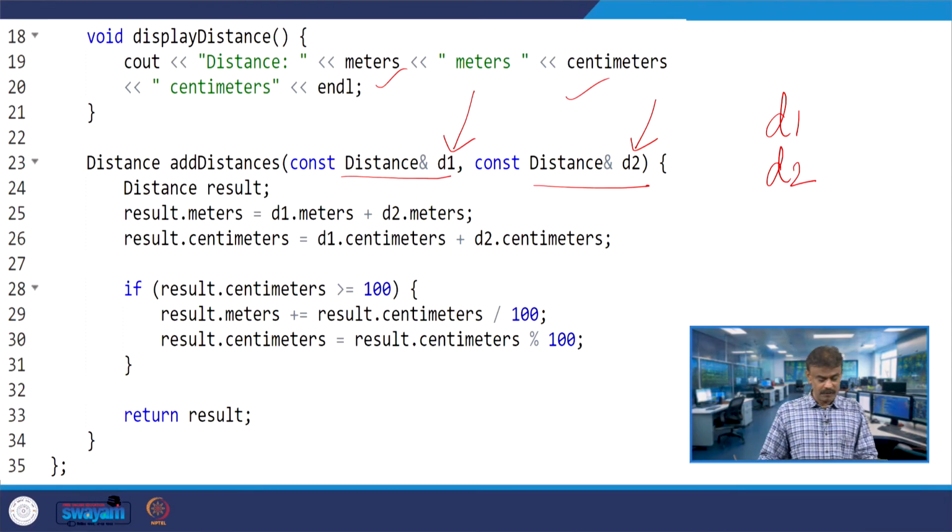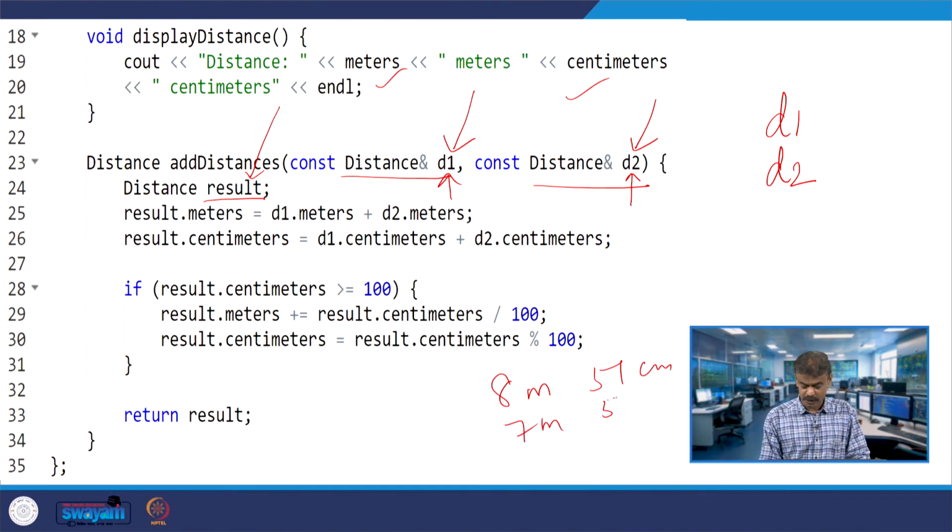Now we will add these two distances. For distance result, we will have one more object, result. So one object is D1, another object is D2, the third object is result. As I said, take 8 meters and 51 centimeters, and another one 7 meters and 52 centimeters.